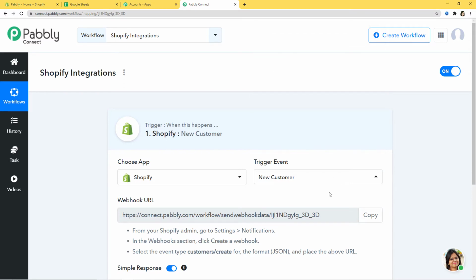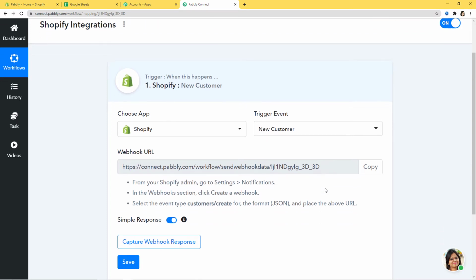So now you might have a question in your mind, what is this term called trigger? Let me tell you that automation runs on the concept of triggers and actions. It is all about when something happens, do this. For example, when a sale happens, send an email. In our case, when new customer is created will be our trigger event over here.